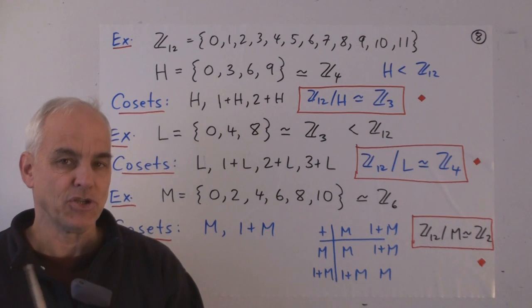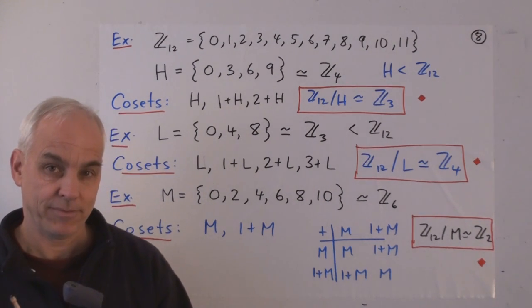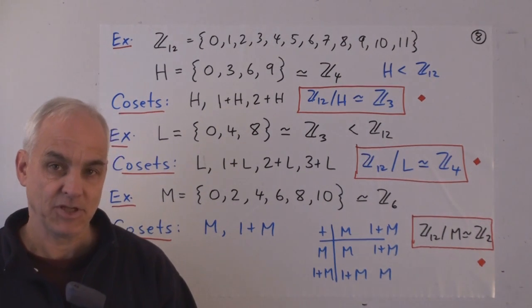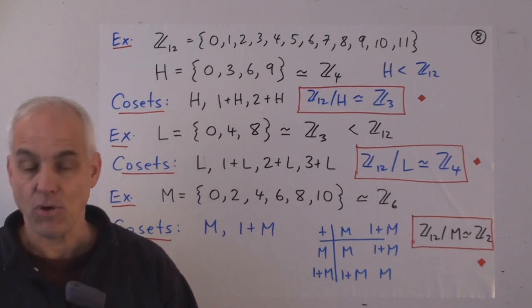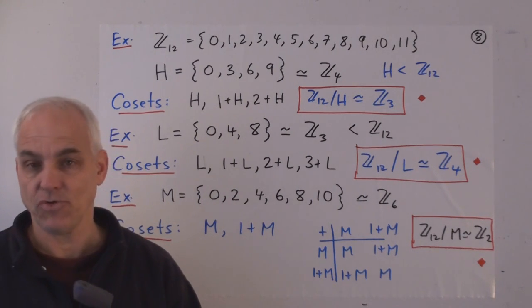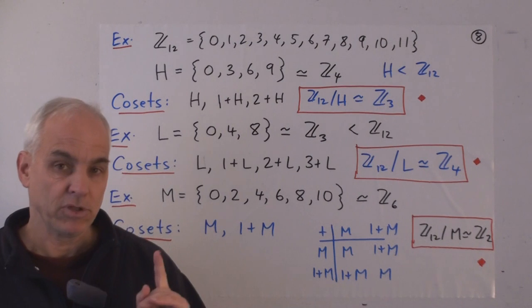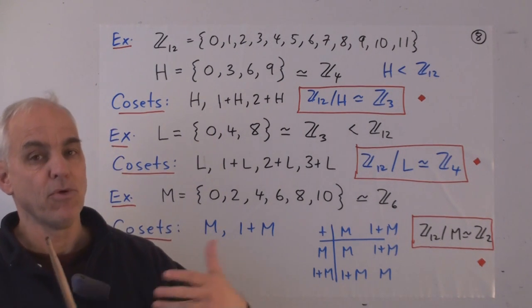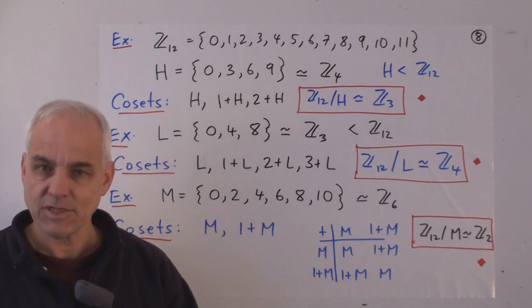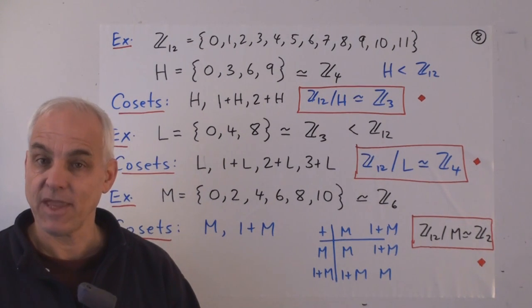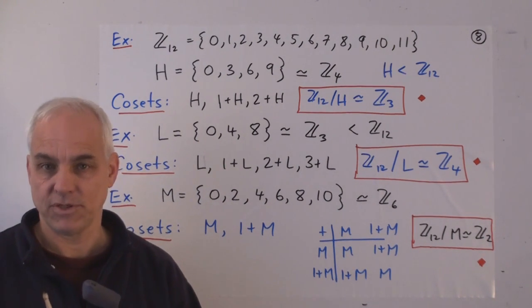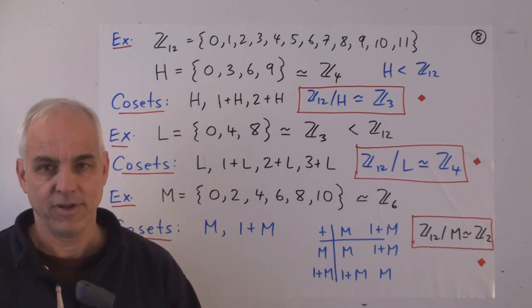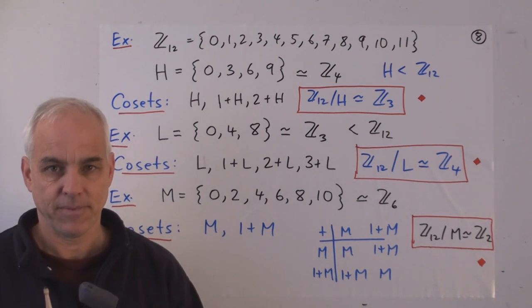So a brief introduction to quotient groups. So we've talked about isomorphisms, homomorphisms, cosets, and quotient groups. Next time we'll talk a little bit about free groups, free commutative groups, and then we'll move to the much more complicated situation of thinking about non-commutative groups, which are also important in algebraic topology.